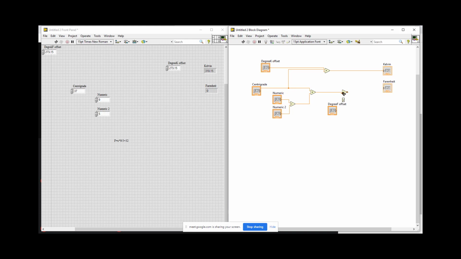Okay, so I have connected it from X, and this is degree Fahrenheit offset, and obviously it is not going to be 273.15 because it is 32 degrees Celsius. So I am going to make it 32 and connect it.